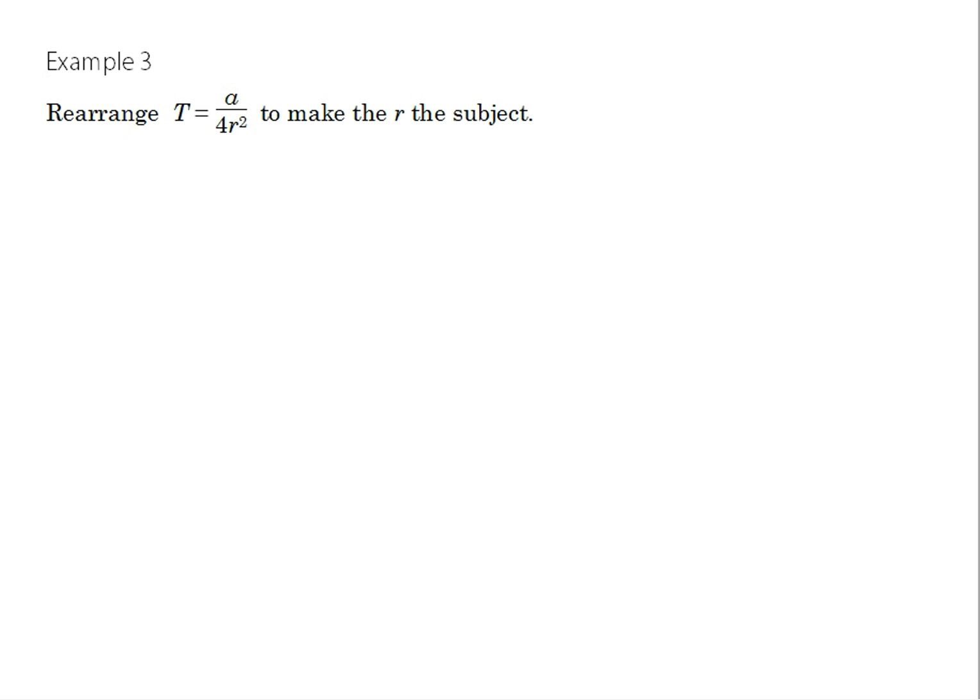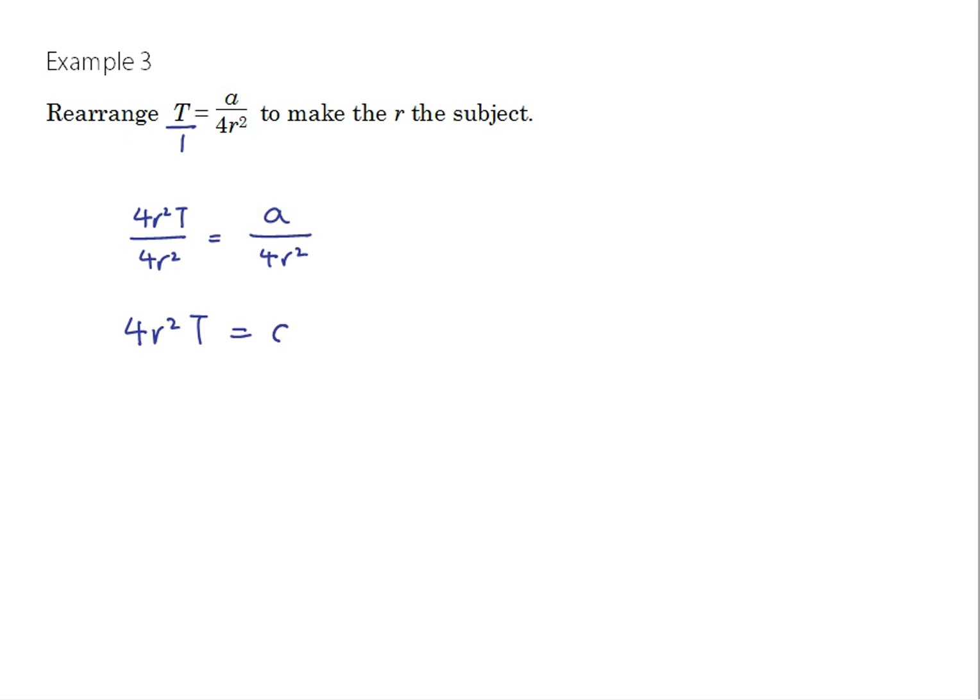And again, you can think about this in a couple of different ways. This is a fairly simple equation, but really, any time we're dealing with fractions, what we're doing is writing both sides with the same denominator, and then multiplying through by that denominator to cancel it out. So my common denominator is 4r squared, so I want to write both sides of this equation over 4r squared. On the left-hand side, I've multiplied the denominator by 4r squared, so I need to do the same to the numerator. On the right-hand side, I haven't done anything to the denominator, so I don't need to do anything to the numerator. Now multiplying both sides by 4r squared, I get 4r squared t